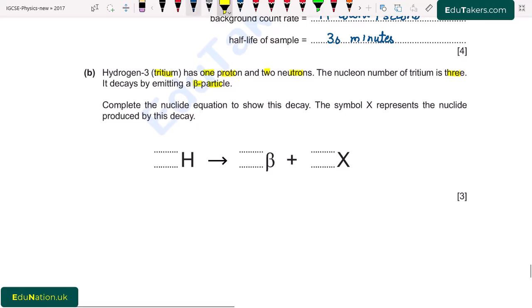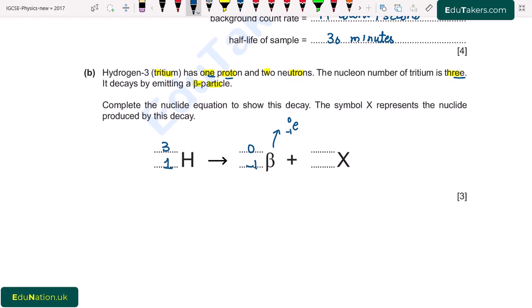So first of all, it is given that the nucleon number of tritium is 3. I write here 3 and the proton number is 1. So number of protons is basically equal to atomic number. I write here 1. And a beta particle is just like an electron with atomic number -1 while the nucleon number is 0. So I write here 0 and -1. But I don't know the atomic number and nucleon number of element X, and I have to find this out.